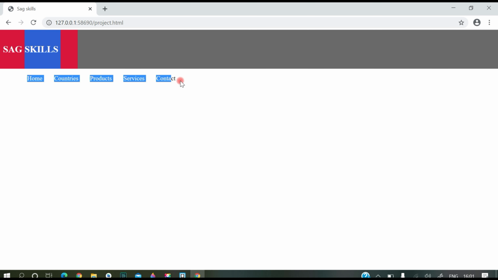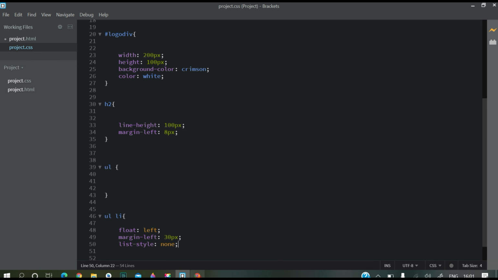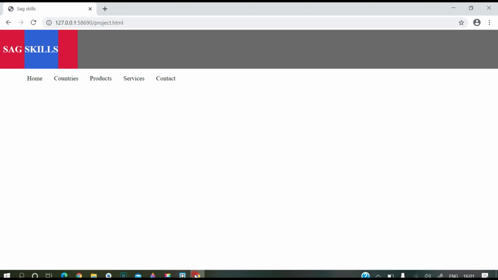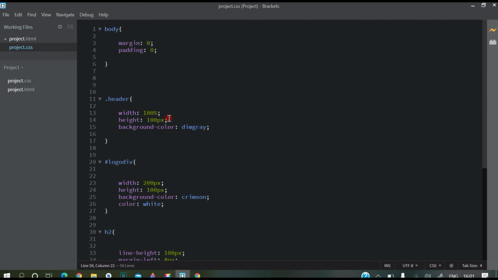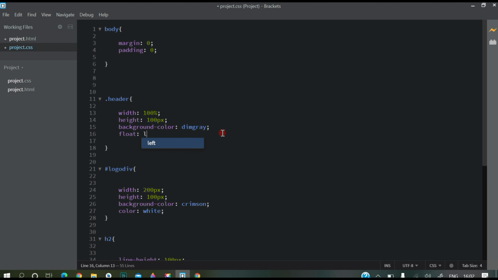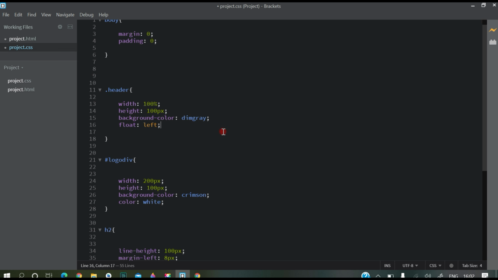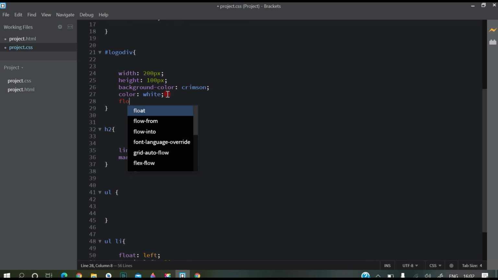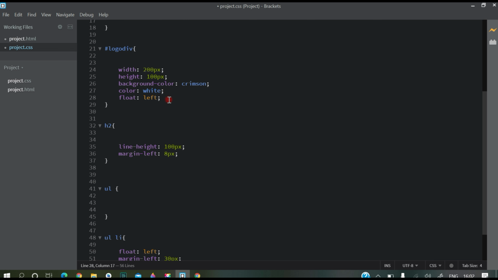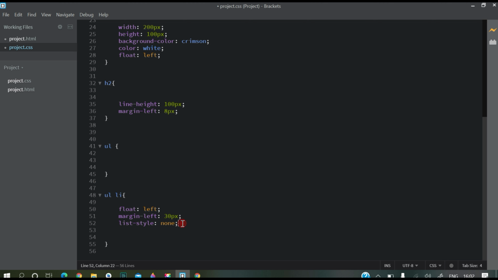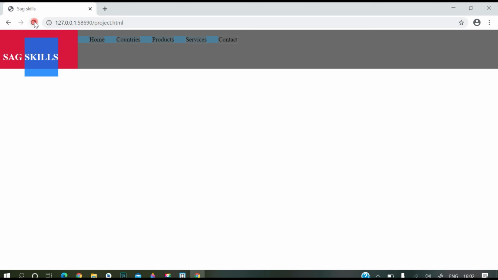But guys, we want this inside this header, not below. So for that, float it. Sorry, not this. First of all, we have to float everything. Like a header should be float left, and the logo div should be float left, and the ul li also is done. Control S, go to browser and see. Yeah guys, you can see now our menus inside our header section, but there is no